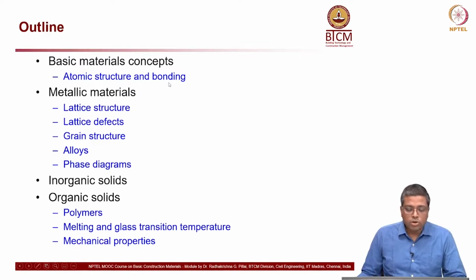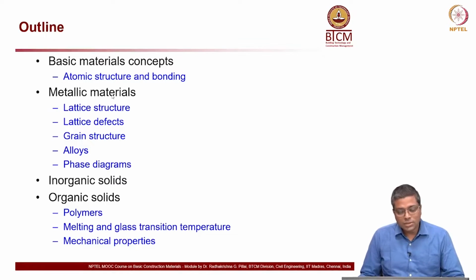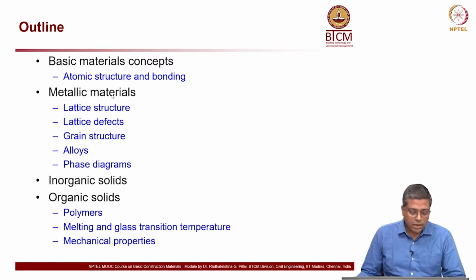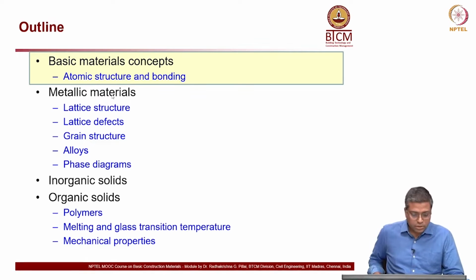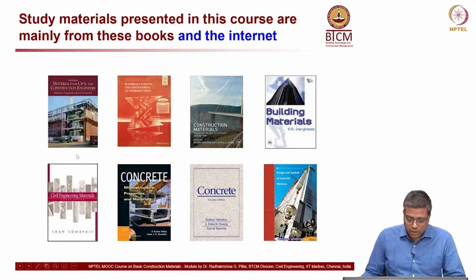First we will talk about atomic structure and bonding, and then we will talk about metallic materials, where we will talk about lattice structure, grain structure, and then alloys, phase diagrams, etc. And then we will look at inorganic solids and organic solids. So, this will be about 4 lectures, and today we are going to look at basic material concept, which is atomic structure and bonding. That is what is included in this particular lecture, and these are the textbooks I have referred for this,